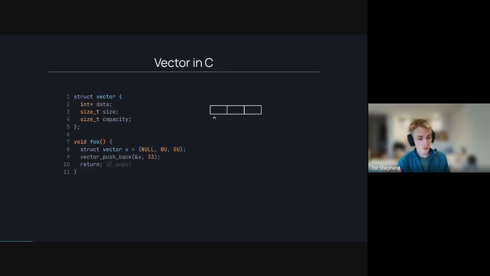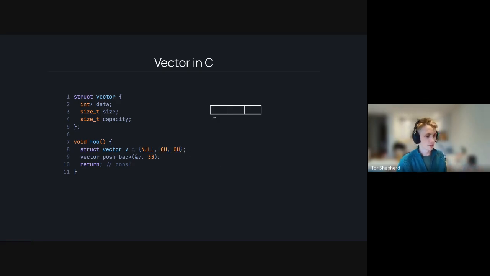So I mentioned, right, like I claim that it's inconvenient to express some pretty common things in C. And one of those is just basically a dynamic array, right? Let's call it vector, for instance, right? So we have some pointer to some data that is going to live elsewhere. You don't want to use the stack for everything, right? Maybe you want really a large amount of data, or maybe you want it to exist not just for a function lifetime, right? There's lots of reasons. So the first inconvenient thing is that we have to remember to null this out ourselves,